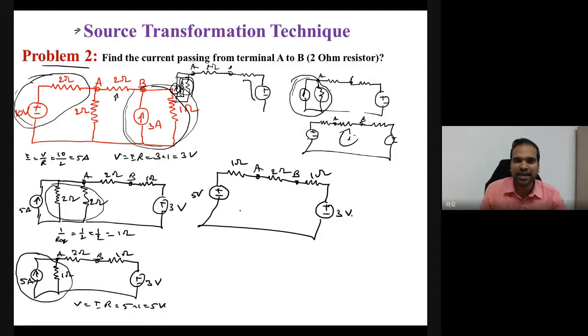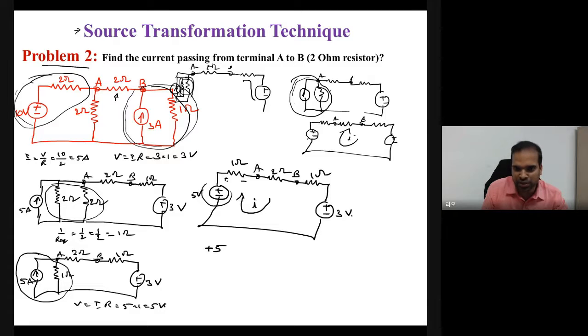See here, can I apply KVL? Of course, we have only one closed loop, therefore apply KVL. So that means we should assume the mesh current. I have assumed the current I is flowing in this mesh. You already know the KVL statement, right? The algebraic sum of all branch voltages in a closed loop is equal to 0. See, current is flowing from minus to plus, so this is plus. What is this particular branch voltage? Plus 5.